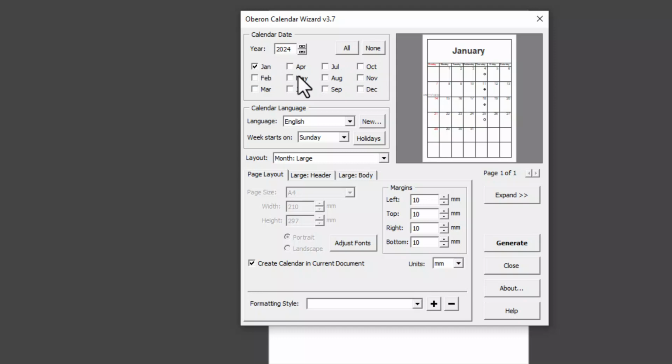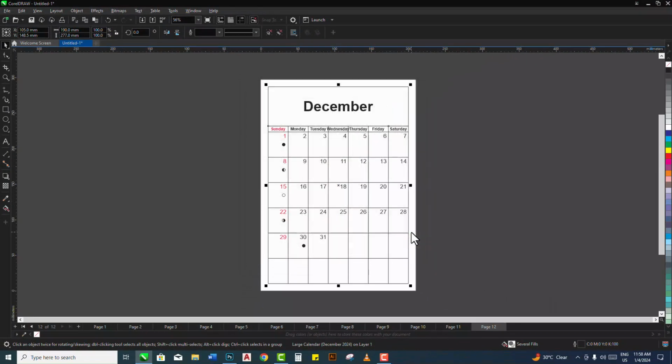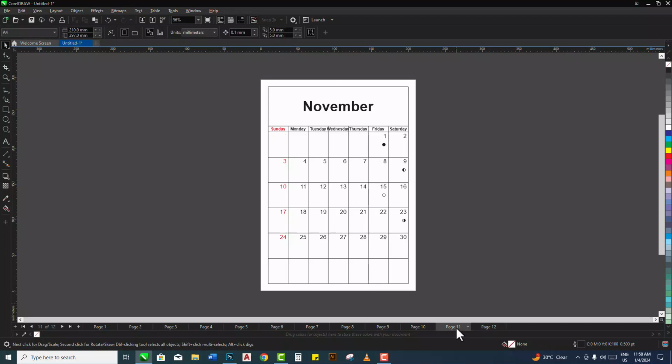If you want to make individual months on a page, you are going to select all these. So if you select all these, let's click all here, and then you generate. You are going to have 12 pages, with every page having 1 month. So let's close this and see how it looks. So we have December for page 12, 11 for November, 10. Okay, but that's not what I want. So let's just delete this, or if possible, let me just close this, and then